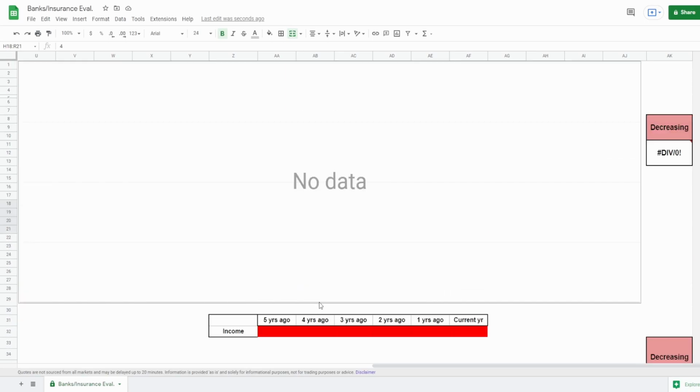And, well, this is where a lot of information you're going to have to get with the income statement and the balance sheet. Nothing to do with the cash flow statement at all when it comes to banks slash insurances. So we're going to start, of course, with the income. As you guys can see right here, these cells are in red. Therefore, we need to populate these 6 years, so 5, 4, 3, 2, 1 year ago to today, with the